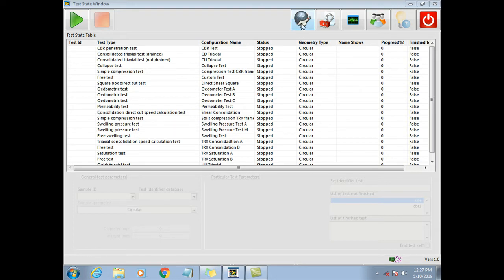Then we have 1, 2, and 3 options. This allows you to change from one user to another user. This is not used, and this is not used, and this closes the application. If we go to this, press one time,